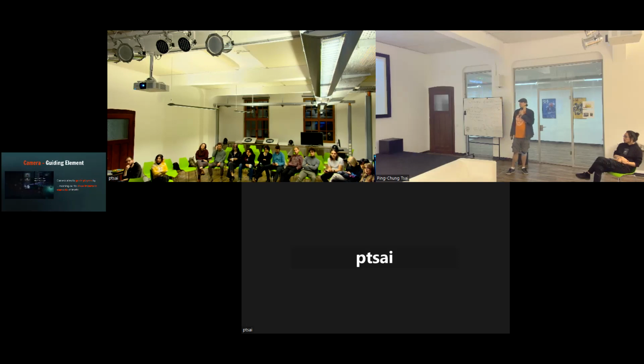Aside from that, the camera can also be a guiding element. This is from the VA3 version of Roro, where the camera zoomed out to the side of the level, to sort of frame the level, show what's going on, give an overview of like, hey, this is what's happening, this is what we want to interact with. We have some more examples of this, where again, it sort of frames what's happening in the level. It shows the level, it shows where you want to go, where the exit is, etc.